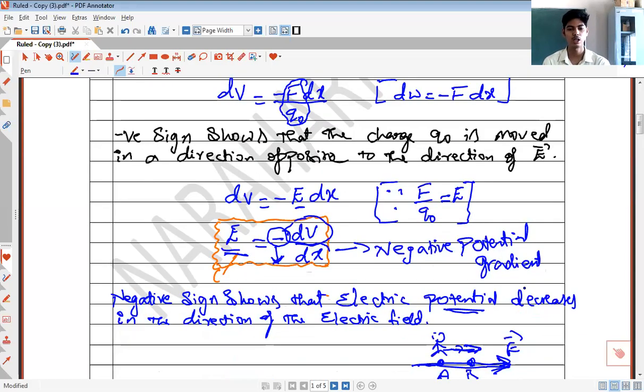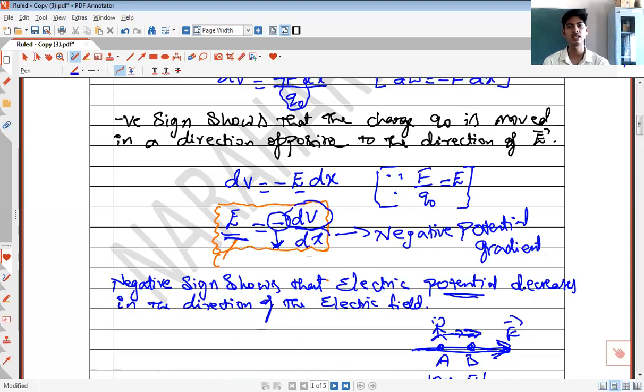So this is all regarding the relationship between electric field and electric potential, and this is one of the most important 3-mark questions. You go through all previous year question papers, you will find this question. It is a compulsory 3 marks. In the Electric Potential and Capacitance chapter, this is one of the most expected 3-mark questions: obtain a relationship between electric field and electric potential. Right? Is the derivation clear?